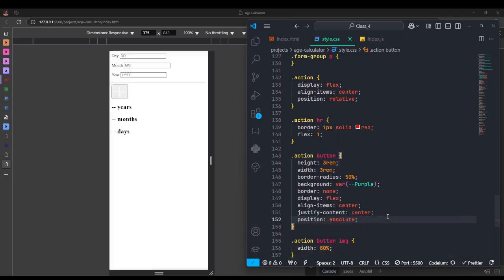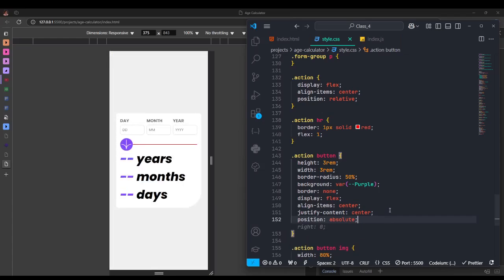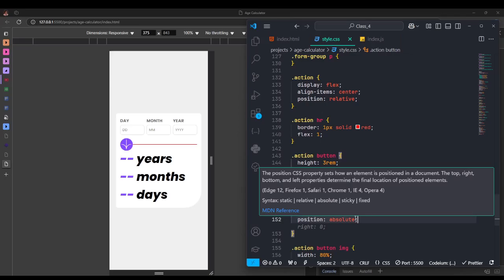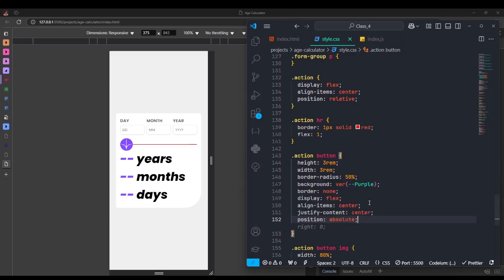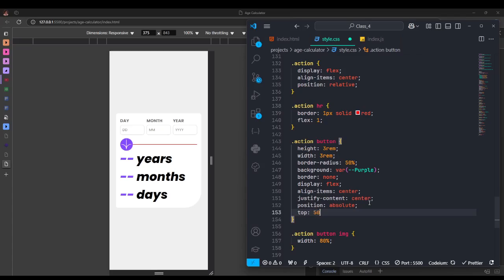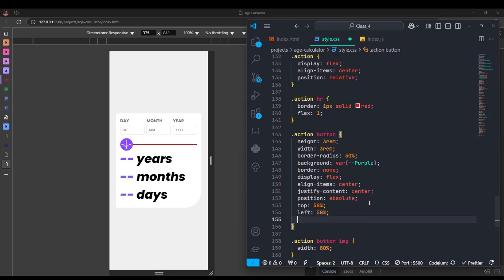And once you position it as absolute, you see that it will be removed from its parent. What we can do here now is start to position it anywhere we want. So the top is going to be 50%, the left is going to be 50%. Then we are going to transform it, which is going to be translate. And what does it mean? We can do minus 50%, minus 50%. Which means this thing is going to be perfectly centered in the box or inside the container